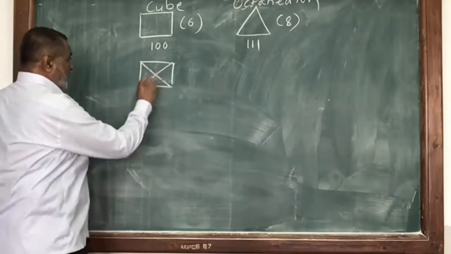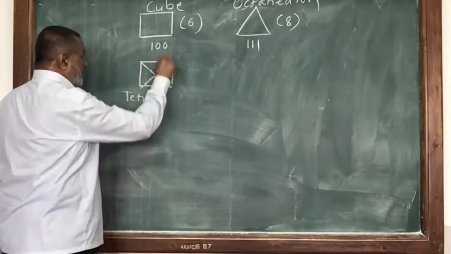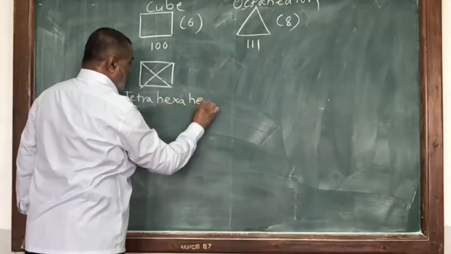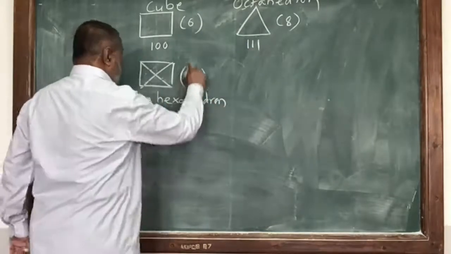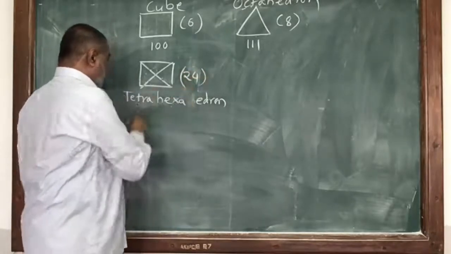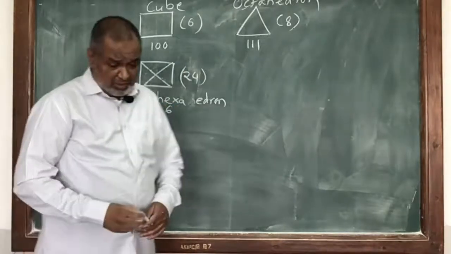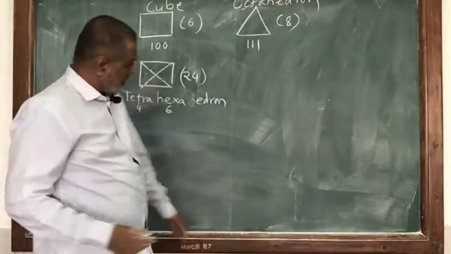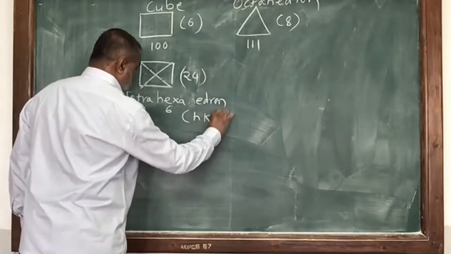So how are you going to label it? First, the smaller face, so it is a tetra. And how many bigger faces? There are 6. So tetra, hexahedron. This is the naming that will be given. And how many faces? 4 into 6, it should be 24. Tetra means 4, hexa means 6. Multiply them, so you are going to get the 24 similar faces, tetrahexahedron, and the indices will be HK0.